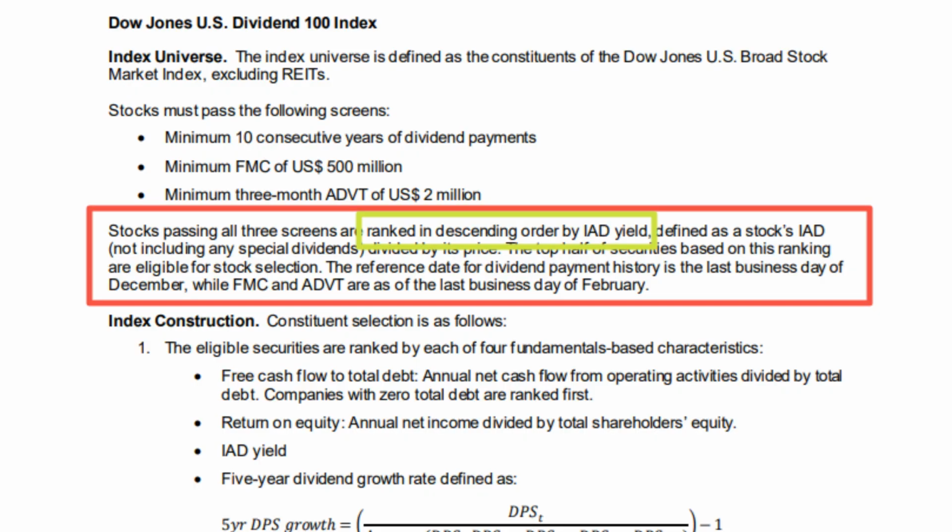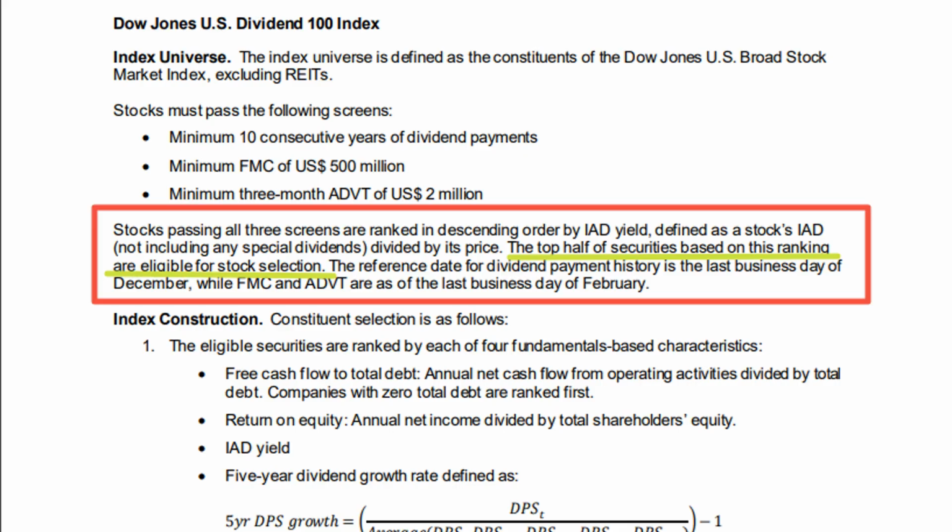The stocks are basically ranked for their yield in a descending order, meaning the higher yielding stocks are ranked first. And here comes the important part. Then, after the stocks are ranked, only the top half, meaning the higher yielding ones, pass the third layer of selection. This here is something that shapes the structure of the index and SCHD and is probably the most important thing to understand. This third layer means that SCHD by design will probably never include lower yielding, higher growth names